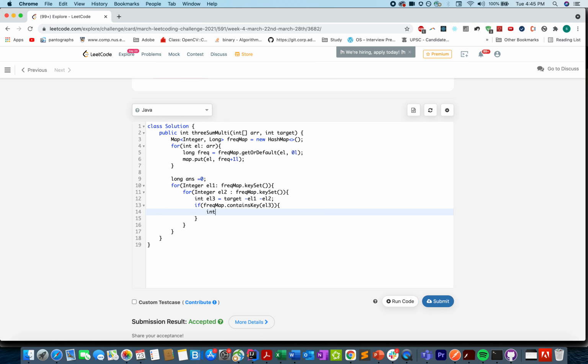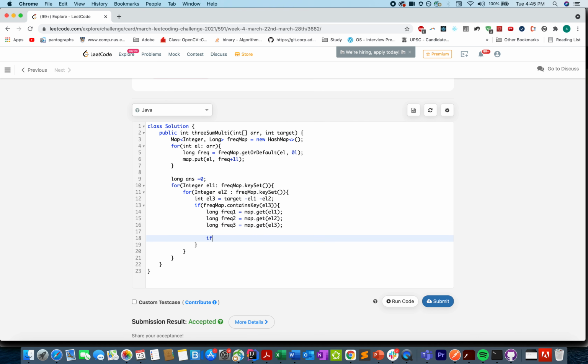The first thing that I'm going to do is extract the frequencies of all three elements. Frequency 1 equals map.get el1. Similarly for the other two, el2 frequency 2, el3 frequency 3.